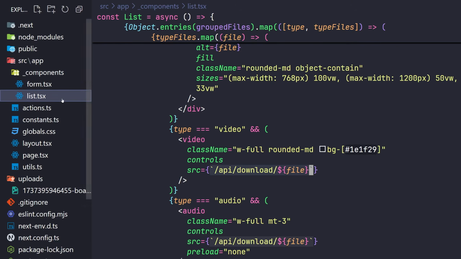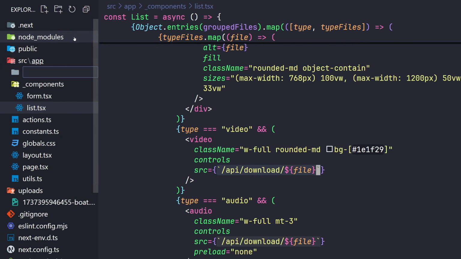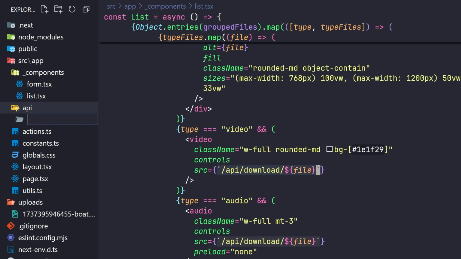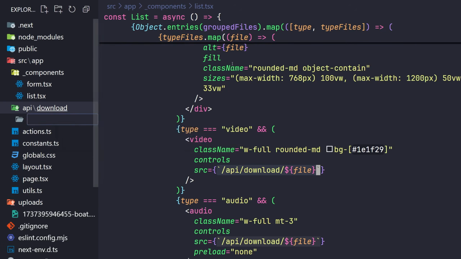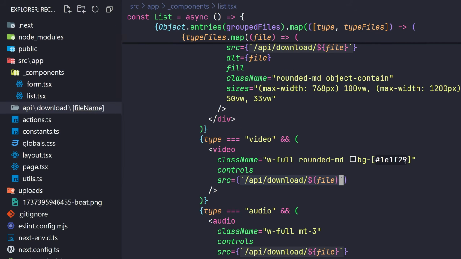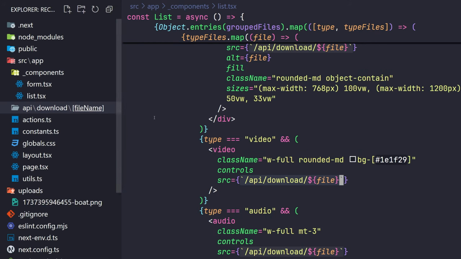To do that, just open the file explorer again, and inside the app, create a folder called API. Inside it, create the new route handler inside the download folder because it's responsible to pass the file to the client, and inside it we're gonna get the file name like this as a parameter. And also don't forget to pass the file name here inside square brackets because it's a convention in Next.js, and